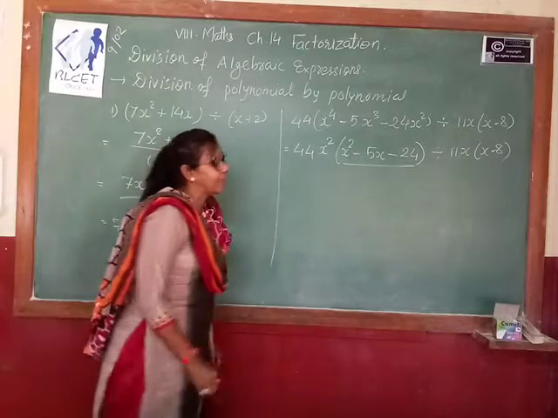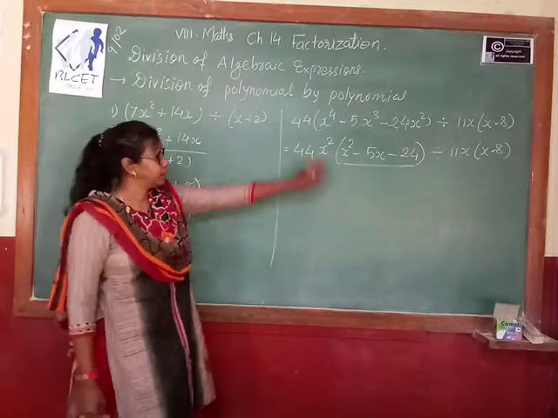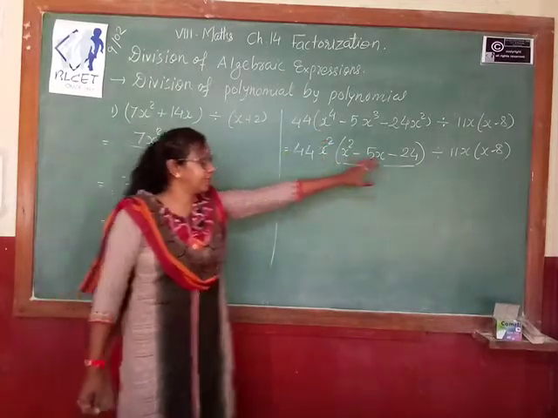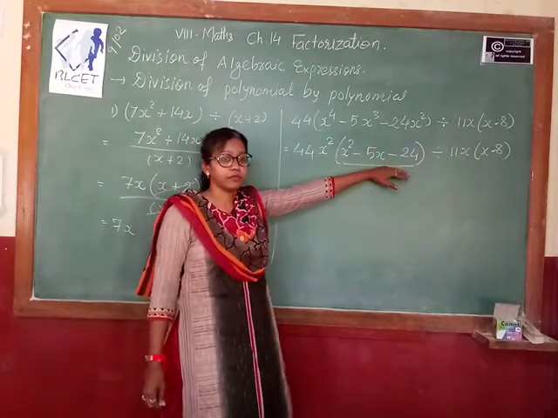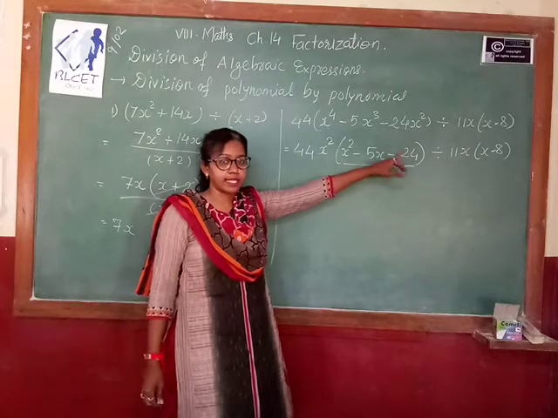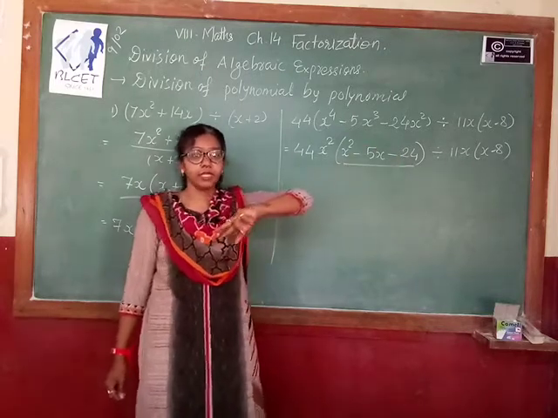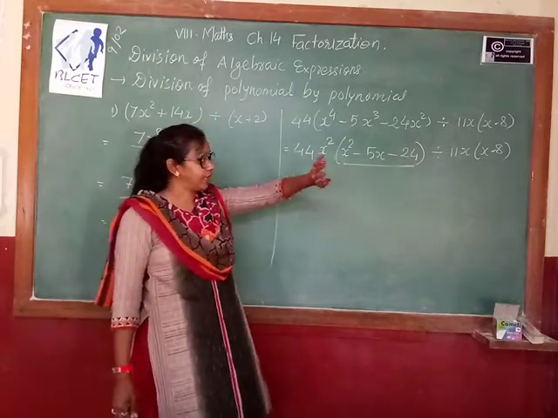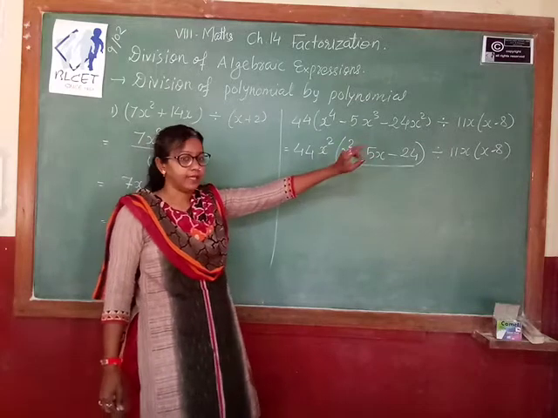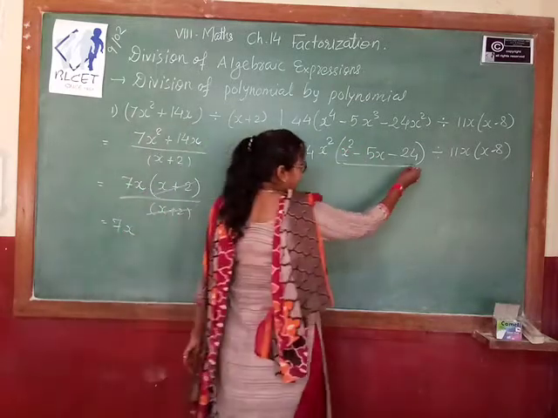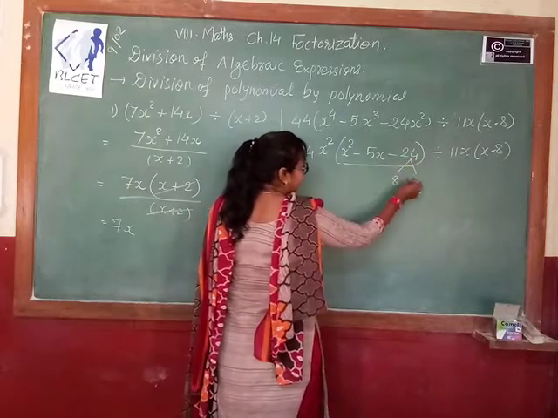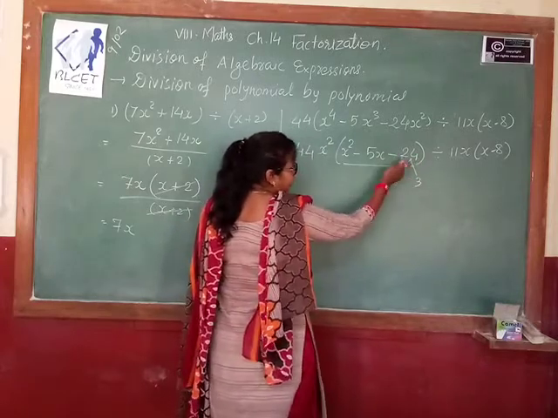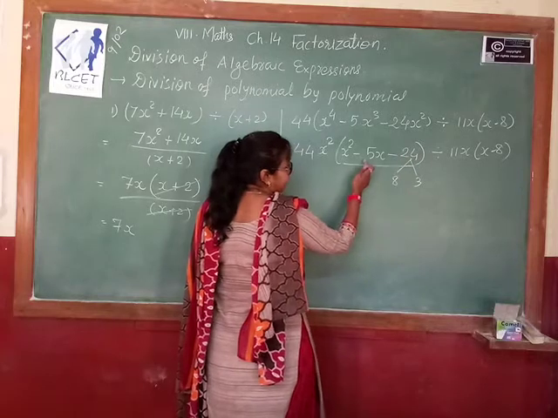Again, we can find the factors of this one. This term remains as it is, the last term also remains as it is. Here you have to use your identities, the last one, x plus a, x plus b. We have to find the factors of this term 24, whose product will be 24 and addition will be minus 5.